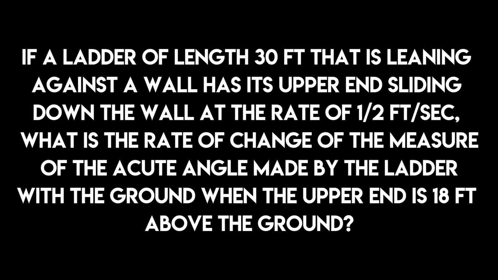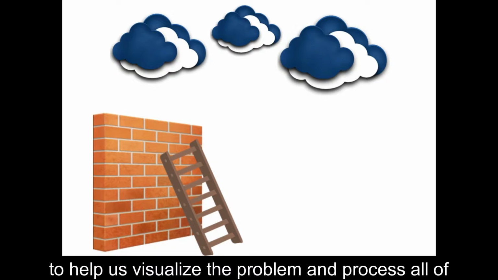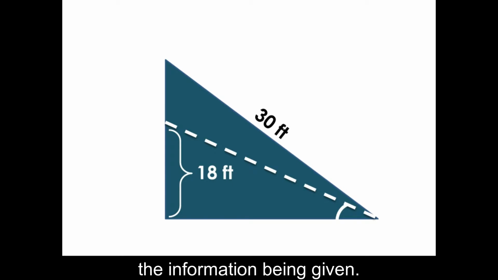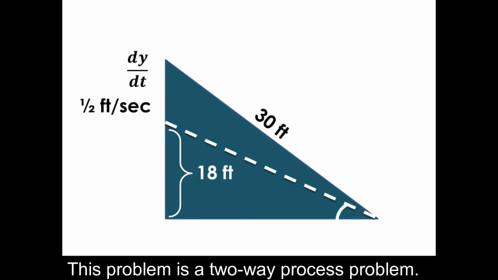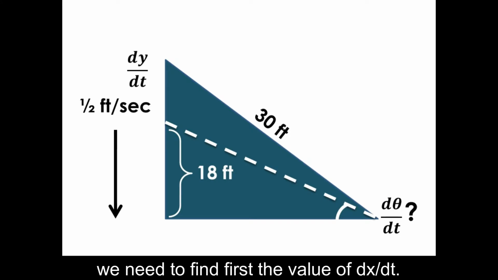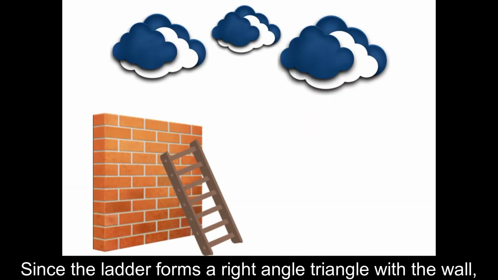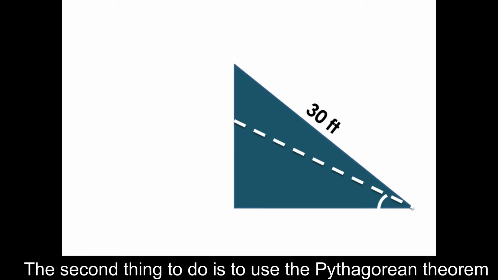above the ground? First and foremost, we need to illustrate our problem to help us visualize the problem and process all information being given. This problem is a two-way process problem. In order to find the rate of change of the angle, we need to find the value of dx over dt. Since the ladder forms a right angle triangle with the wall, the second thing to do is to use